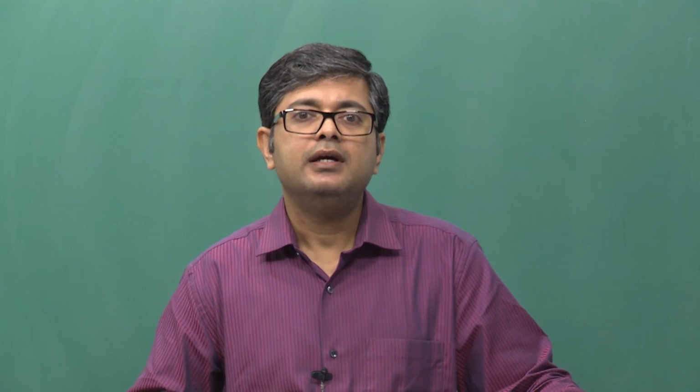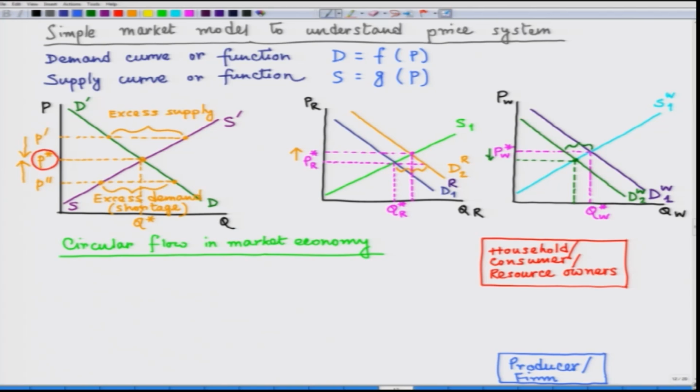This discussion will show you how markets are interrelated. So, as of now there are two boxes I have drawn. This is the lower box and this signifies the producers or the farms in the economy, and there is this upper box which denotes the households which are basically consumers, but note that they are also the owners of the resources. By resources I mean that it can be labor, it can be capital.